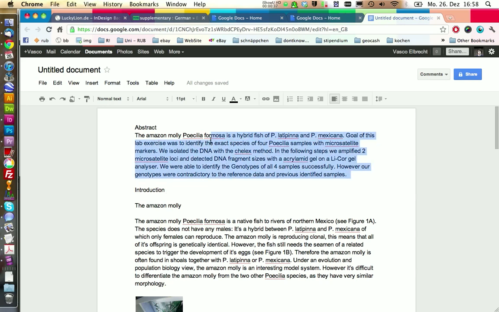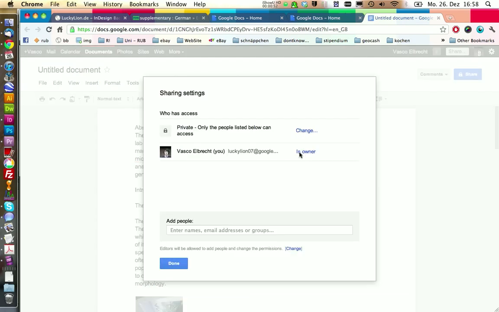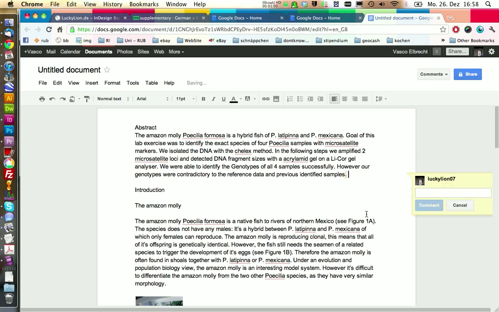If you write it on Google Docs, for example, it's really nice that you can share it, for example, with your supervisor, over here, for example. And then you can also allow people to make comments. So, for example, I could just click here and say I write a comment. And your supervisor could add comments into your text, and you can work on the same document very easily.